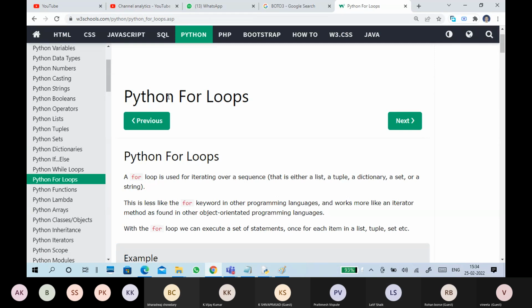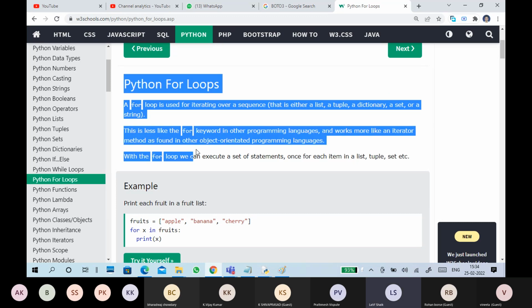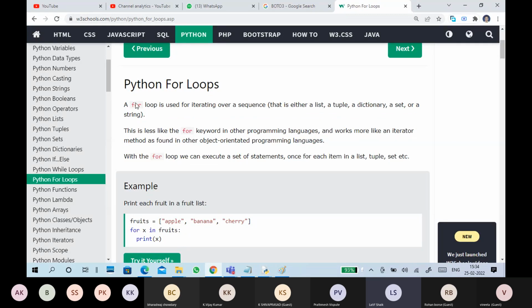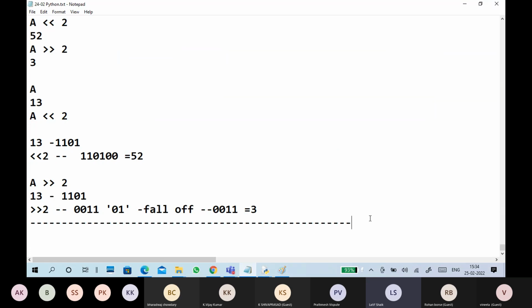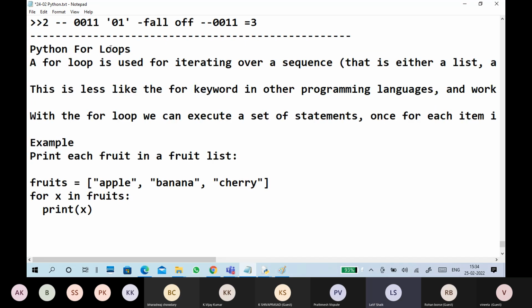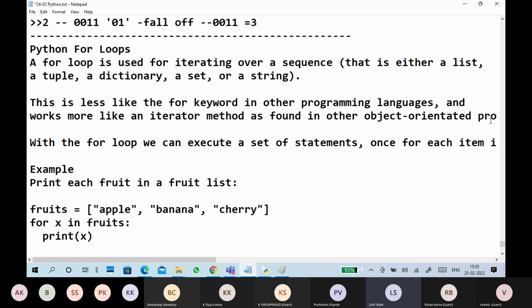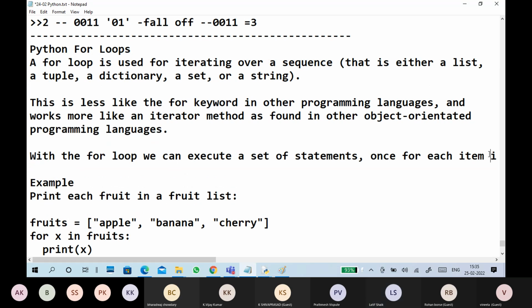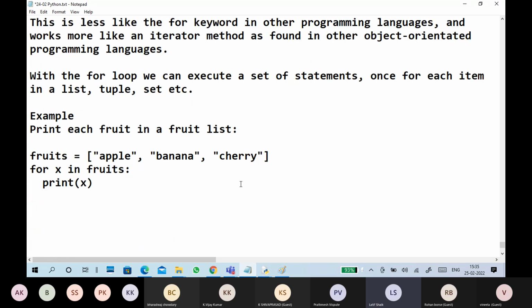Yeah, Python for loops. Loops are while loop and for loop. We can see it with the example I'm copying here. Basically, what you want is very simple: go to the Python for loop. Yesterday I checked Madhu sir's PPT also about Python, so I will share it today. Then you can go through that also.